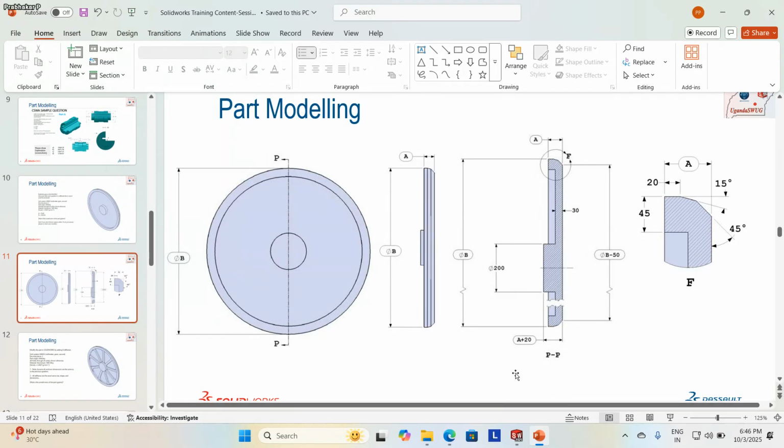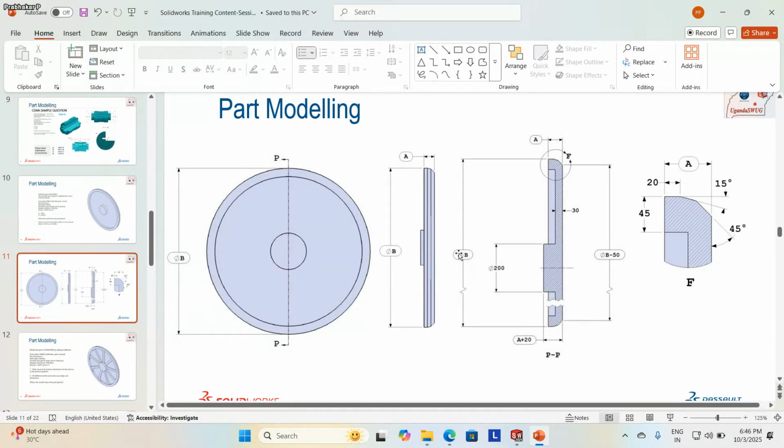So types of sectioning, you should try to remember. There is full sectioning, half sectioning, broken sectioning, revolved sectioning, removed sectioning, and long break lines, short break lines. So these 6-7 types, if you try to remember, it will be very helpful for scoring that 5-mark question. Choose the best answers. This is an additional tip for you.